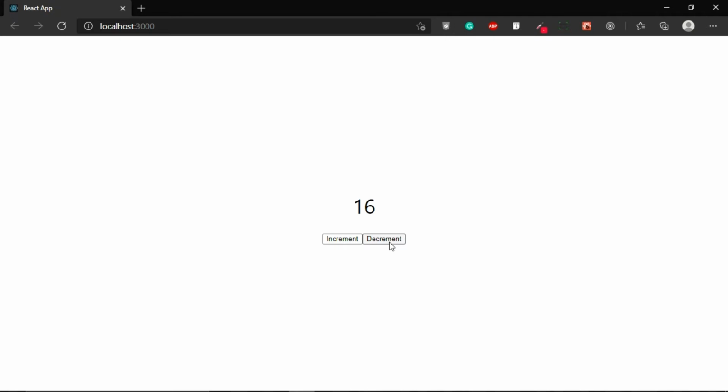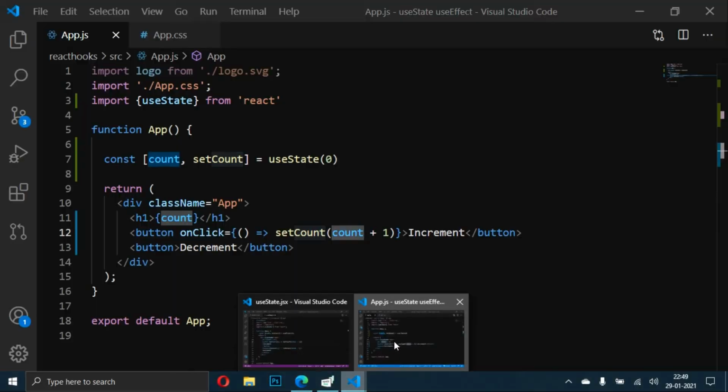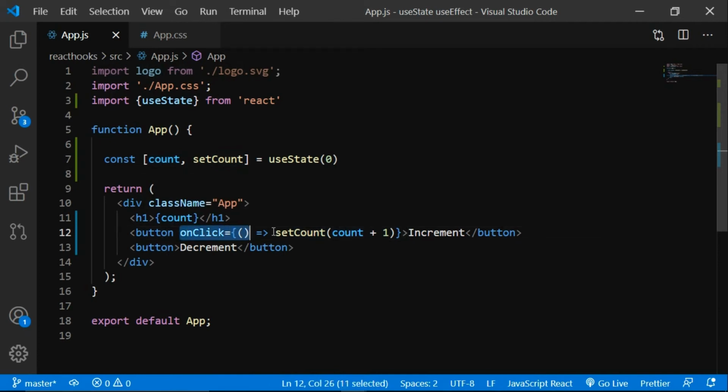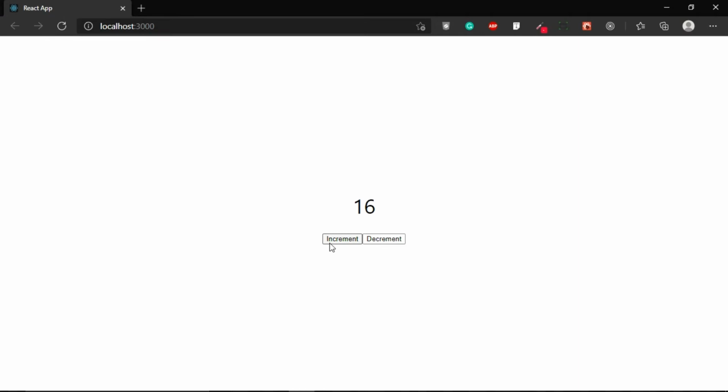To make this decrement button work, we need to obviously add some onClick functions to the decrement button. So let's add the onClick function to the decrement button too. Also, you can copy this thing here. Let's copy this whole thing, and let's go here and paste it here. So when you click on this button, we want to decrease the count by 1. So whatever the previous count was, we need to decrement that by 1. So if the previous count was 5, you need to make that 4. So let's add minus 1, and now it's incrementing, and now it's decrementing.